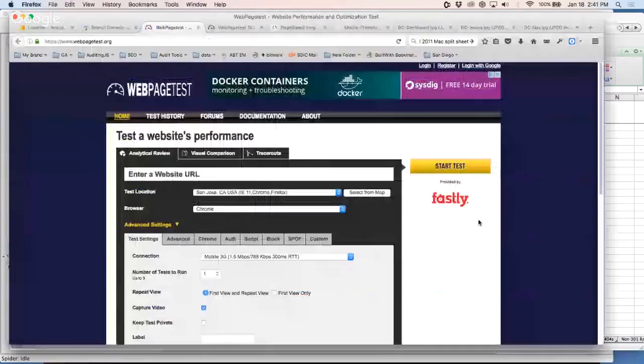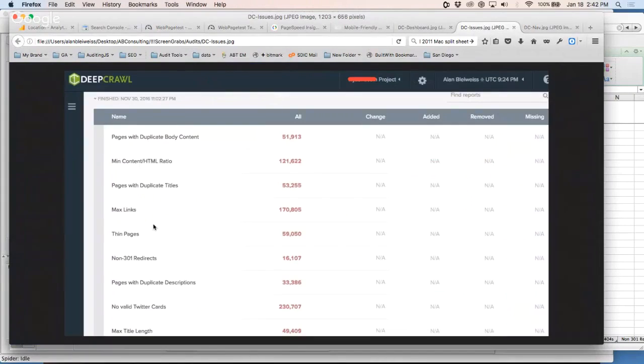Great for WordPress, right? So with DeepCrawl, you get all these different reports. And what's another thing with DeepCrawl is you can run a report one time and then you can come back and run it again 30 or 60 days later after work was done to see where there's still weaknesses or where there were improvements to those issues.